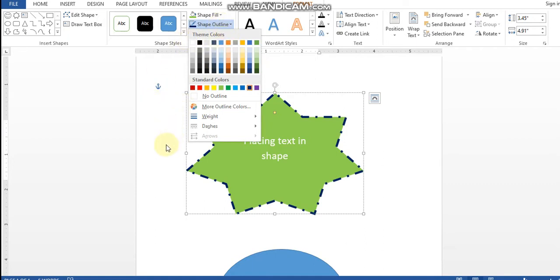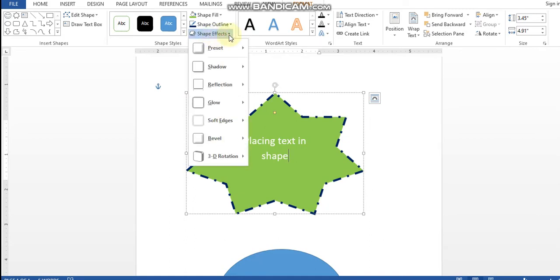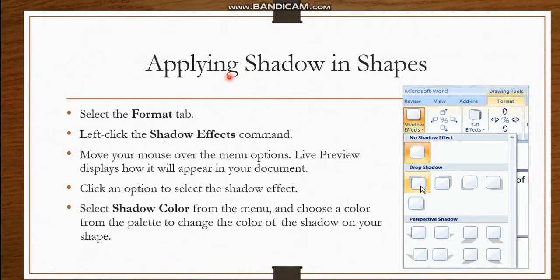So this all can be done from this shape outline button. Now shape effects. These are the shape effects. If you see here, this is how to apply shadow in your shapes. Shadow means whatever is written here is the object, and whatever is visible at the back is a shadow.